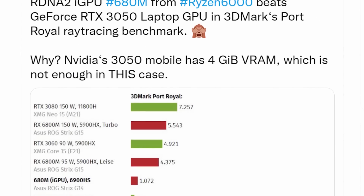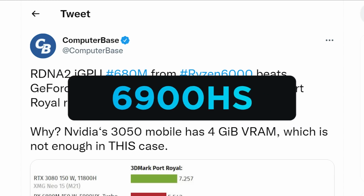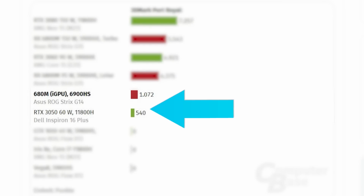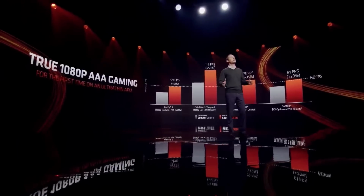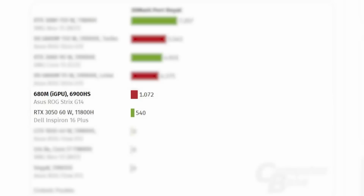Regardless, there's a really interesting tweet on the matter from reviewer Computerbase, who's been testing a 6900HS. In the tweet, he shows a benchmark for Port Royal, which is 3D Mark's ray tracing benchmark. And as you can see, the iGPU completely crushes Nvidia's mobile 3050. Yeah, that's a discrete 3050. According to Computerbase, it's because the 3050 only has 4GB of GDDR6, which definitely makes sense. That also means this scenario will only happen when a game needs more than 4GB of VRAM, which definitely won't be all the time. Either way, it's wild that AMD's 6900HS with its integrated GPU can beat a discrete 3050